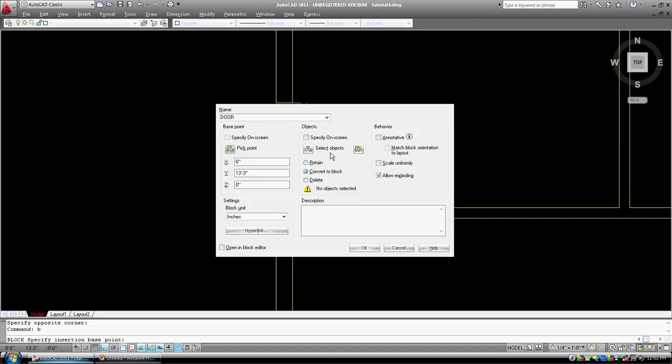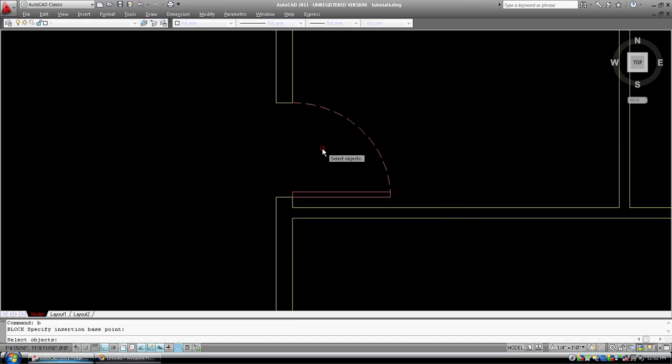Okay, so over here we've got the objects. We're going to select the objects. What's going to happen when we turn it into a block? Well, all the objects I select are going to get converted into a block, or we can delete them. Okay, let's delete them for now. Okay, so select objects. This is one of the nice things about having layers to work with,